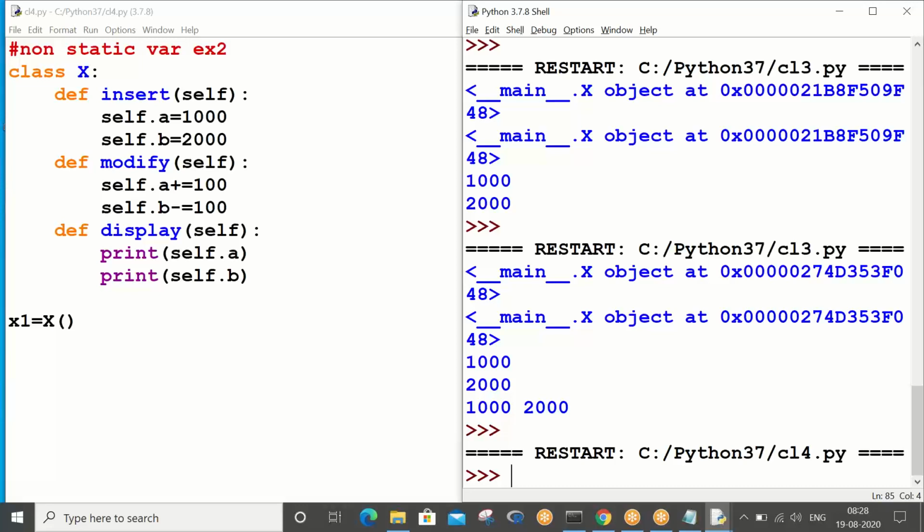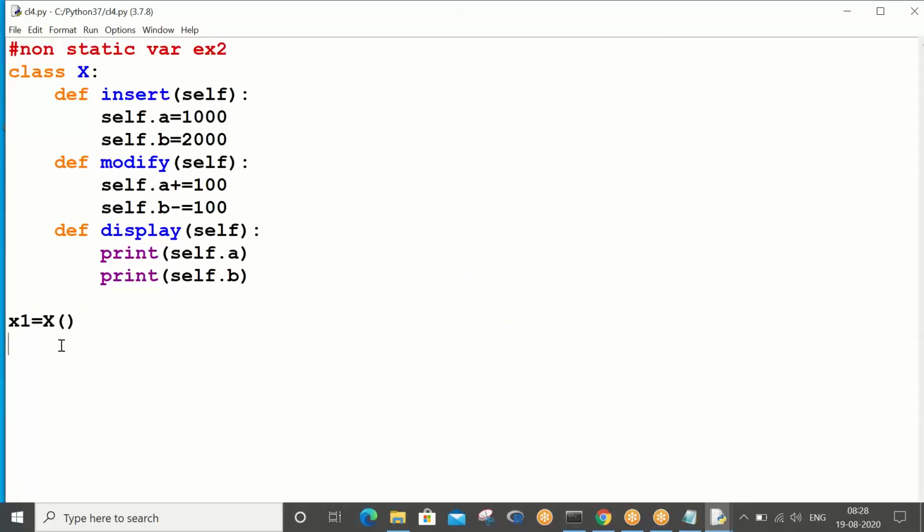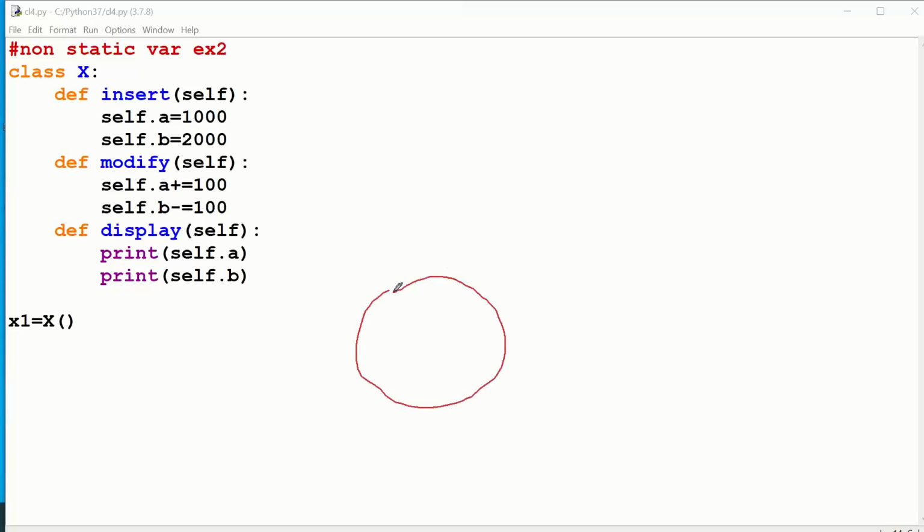So basically now I am trying to show some modifications performed for object variables, instance variables, or non-static variables. Okay, so when I create an object, what's happening? Tell me what's happening. Okay, one object got created. To put something in the object, I have to call the insert method, right?